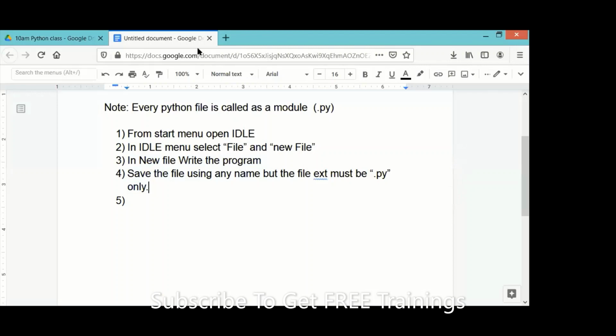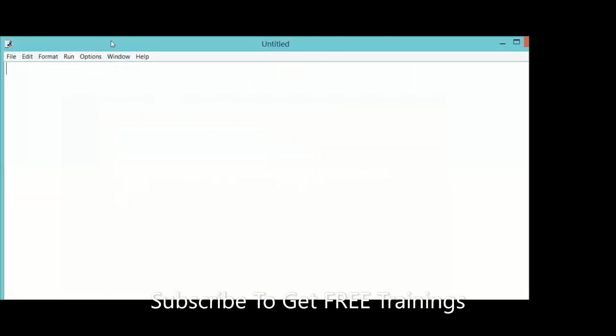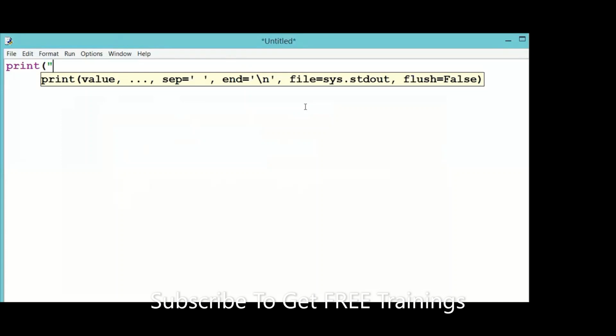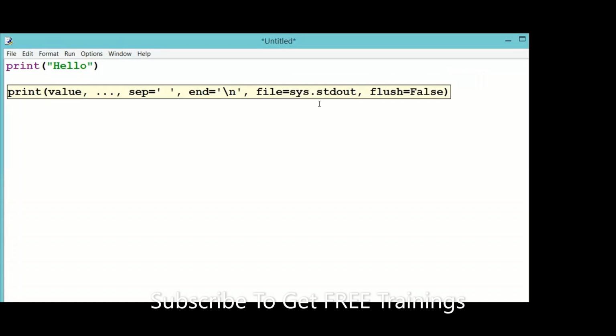Okay, right. So save the file. Let's go back to our program and we will save and see the results. This is the new file which I have taken, right? So simply write the program. Now I'm writing the program here. A simple program, not a big program. You can write your name inside the double quotes with print. I'm simply writing hello. I'm not explaining any program now. I'm explaining how to create a file. So don't worry about the program.